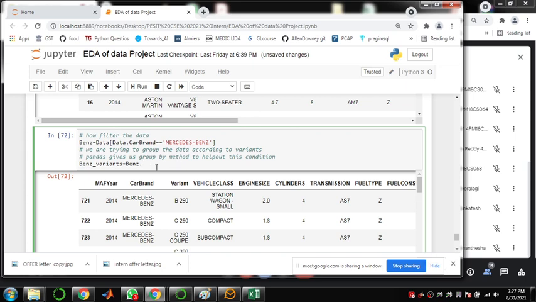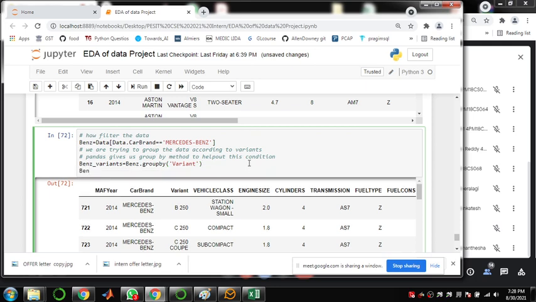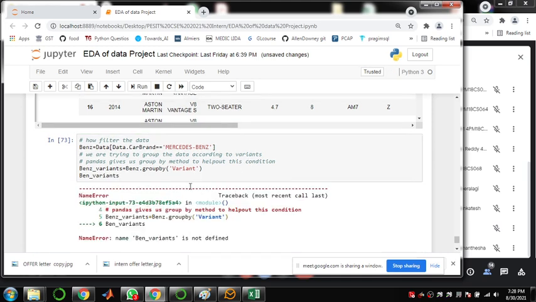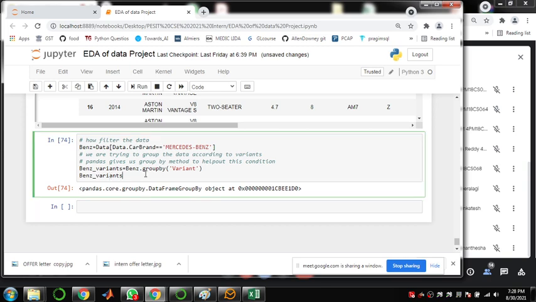I'm just trying group by. We are trying to group by variant type. Only this particular data, the Benz data, I'm trying to group by variant, and then print it. So this is a group by object. Let us see what this